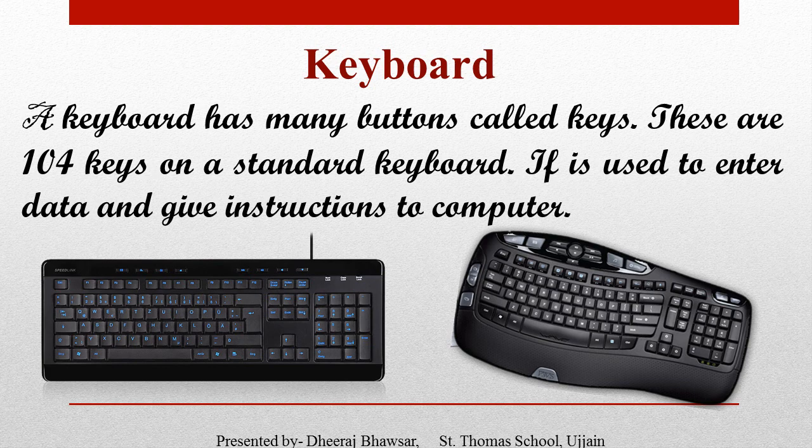The keyboard is also used for computer gaming, either with a regular keyboard or by using a keyboard with special gaming features. Apart from alphabet A to Z, there are several other keys for various purposes such as number key, direction key, function key, other keys. So first is number key. There are 10 number keys, 0 to 9, on all keyboards. And the direction keys, there are 4 direction keys: left, right, up, and down, which allow the cursor to move in these directions. Unlike alphabet and number keys, these keys do not display anything other than moving the cursor.